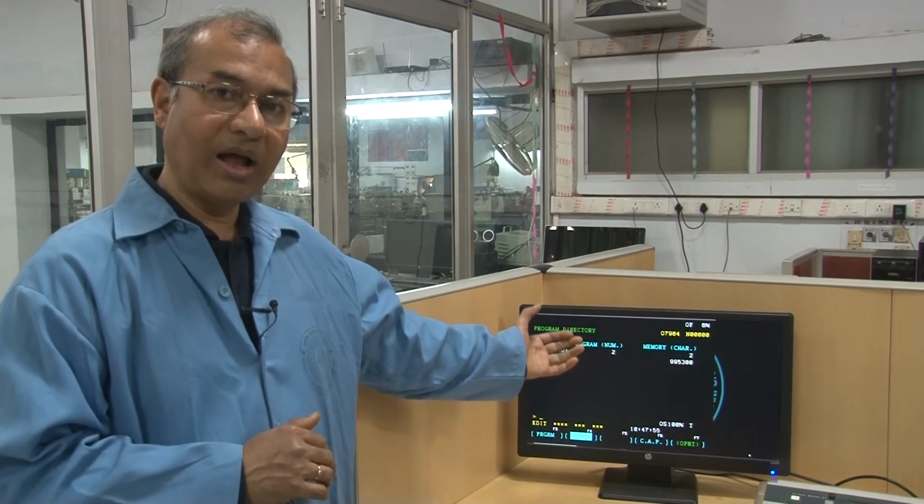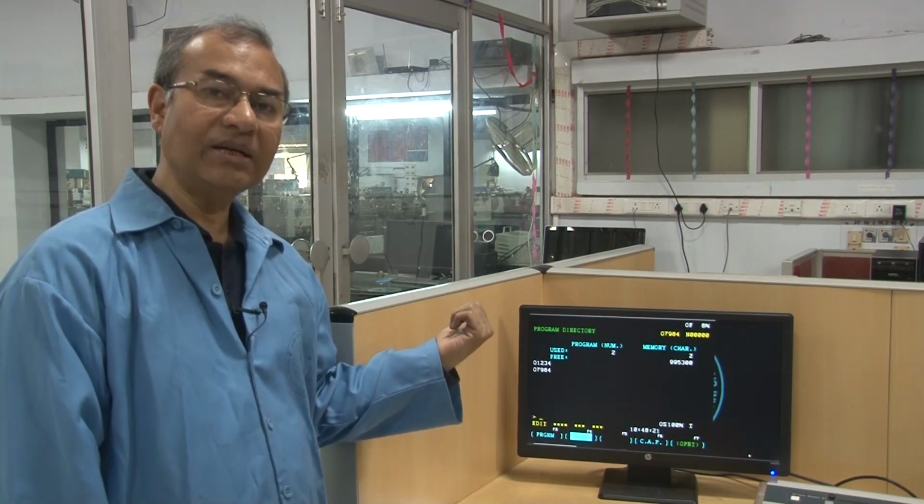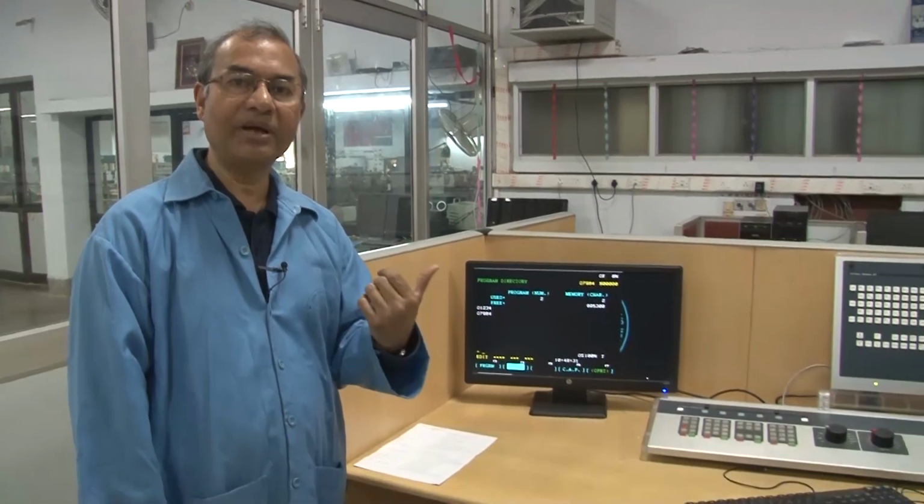The program has to be run through the simulator, and the simulator will show you whether the program is right and whether the relative movement between the tool and the workpiece goes on without any conflict. After you get the result, only then is the program brought to the machine, and the machine will then fabricate the parts. So, this is the simulator, and now we will show you how each of the lines in the program can be made here in the simulator and how that can be executed.